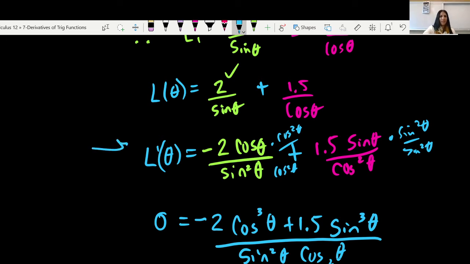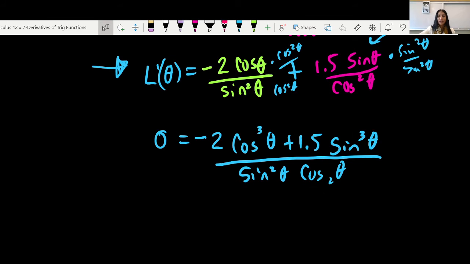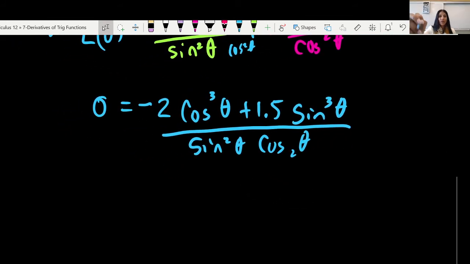Again, hit pause if you want to. Make sure that you are okay with multiplying things top and bottom. It's pretty straightforward. I think you can see where it's coming from. But at this point, remember how we had set it equal to 0 here. So notice that if I'm taking all of this and multiplying by 0 up here, that would mean that the bottom just gets wiped out. So we're basically just left with,